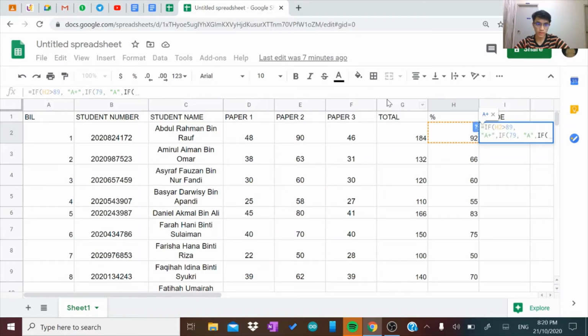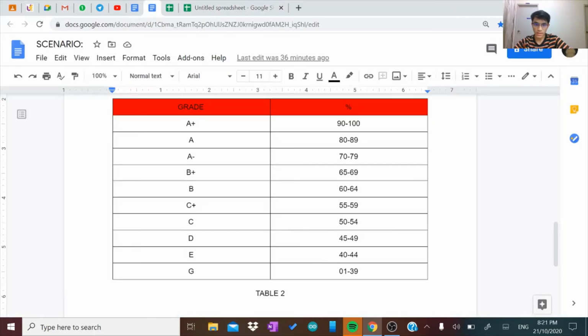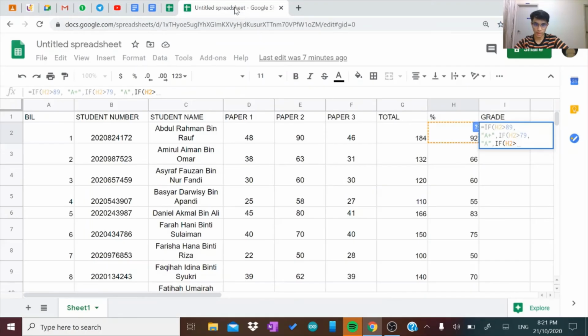bracket, sorry, we forgot to type H2 greater than. Okay, so the same goes for this one, H2 greater than. So for A minus, the student has to have a mark greater than 69 in order to get A minus. 69,